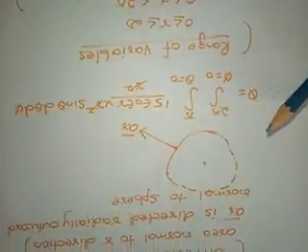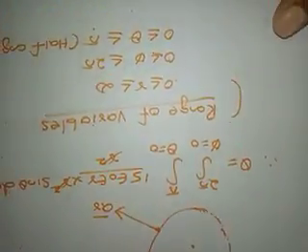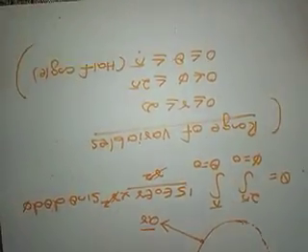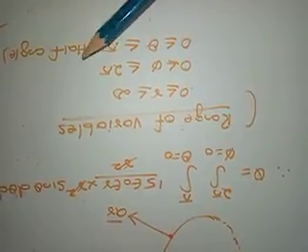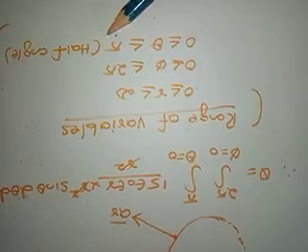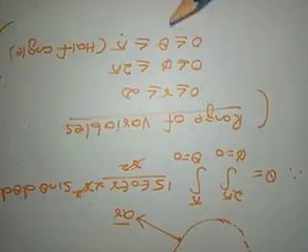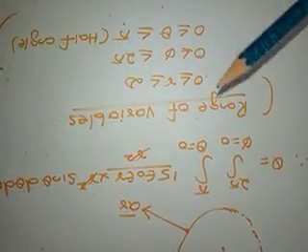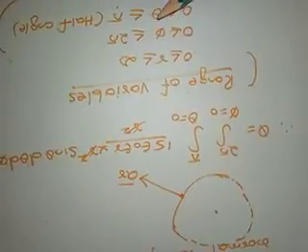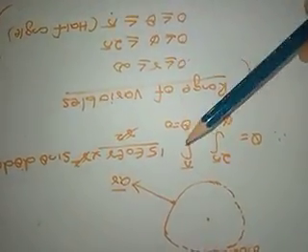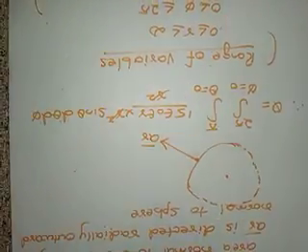Fine. So substitute that. So q will be equal to... what are the ranges of the variables for the spherical system? Try to recollect. r ranges from 0 to infinity, phi ranges from 0 to 2 pi, and theta ranges from 0 to pi. Theta is the half angle here. These are the ranges of variables for the spherical coordinate system which we studied in module 1. So now substitute: phi is 0 to 2 pi, theta is 0 to pi. So 15 epsilon naught epsilon r by r square into r square sine theta d theta d phi.